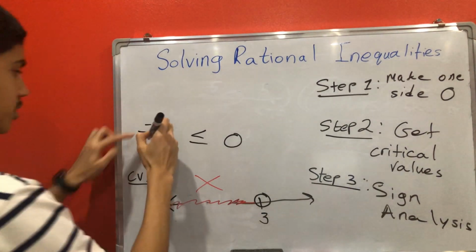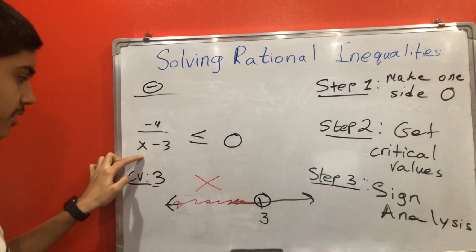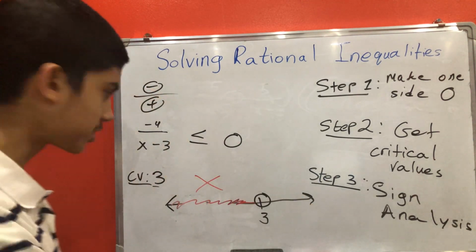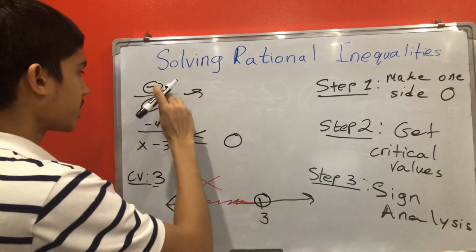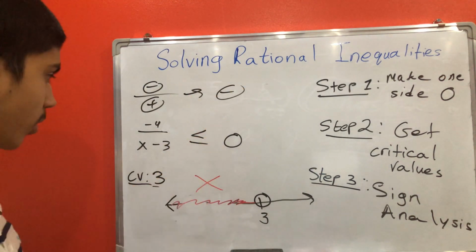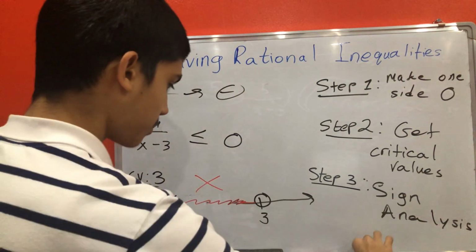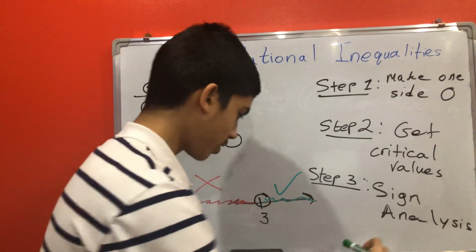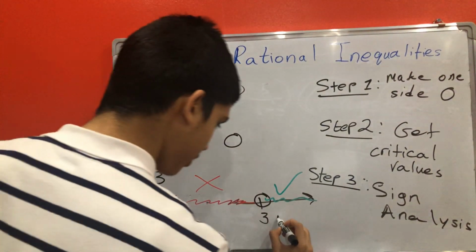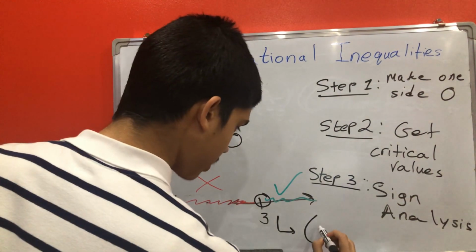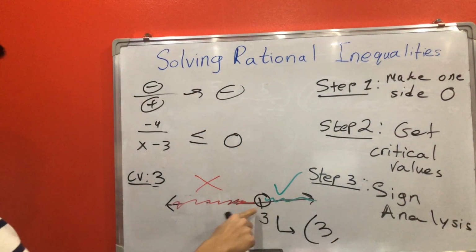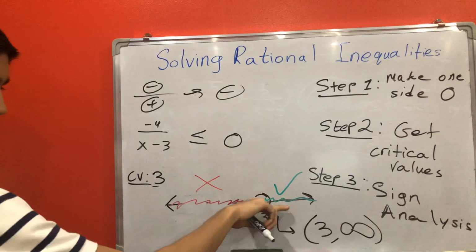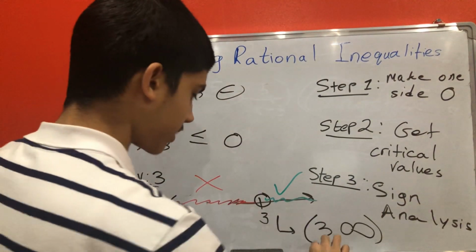For example, 5. So 5, the top will always be negative, and on the bottom, the denominator is going to be positive, because 5 minus 3 is 2, and 2 is positive. So when we have negative over positive, then we have a negative. And negative is what we want, because it's less than 0. So we're actually going to put a check mark here. So everything above 3 will work. And so our final answer, if we want to put it in interval notation, will just look like a parenthesis, because of an open circle, and then 3, comma, infinity, because it goes all the way to infinity. So this is our final answer for the rational